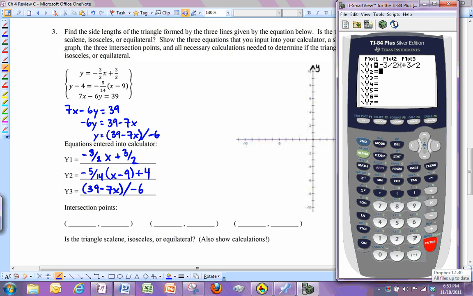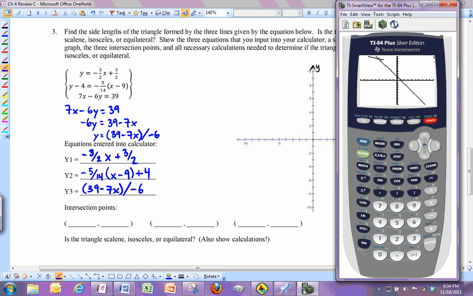Second equation, negative 5 divided by 14, parentheses, x minus 9, close parentheses, plus 4. And then my last equation is parentheses 39 minus 7x, close parentheses, divided by negative 6. Now if I graph it,